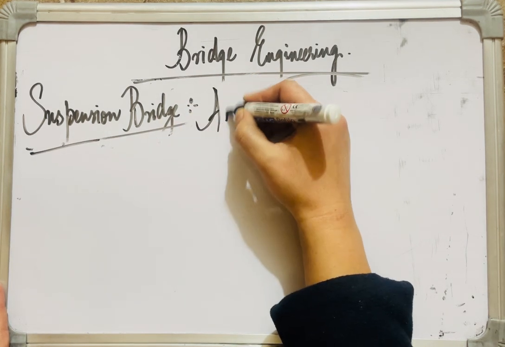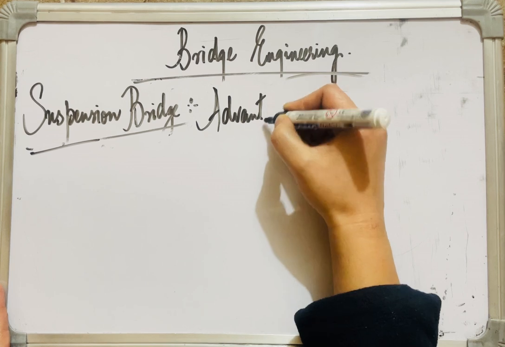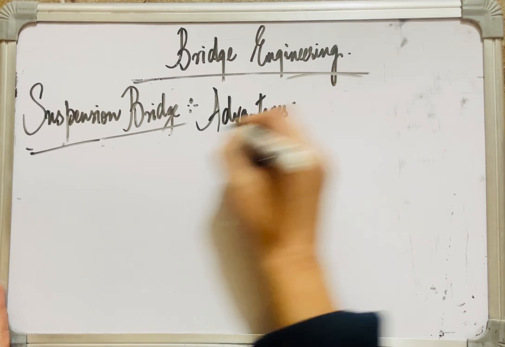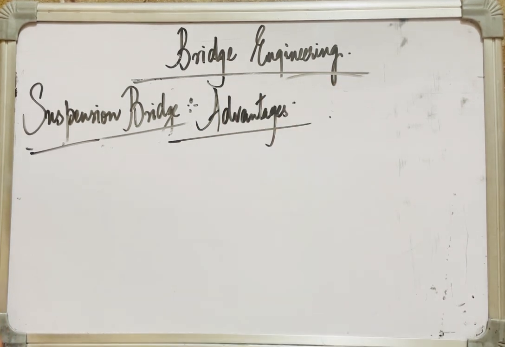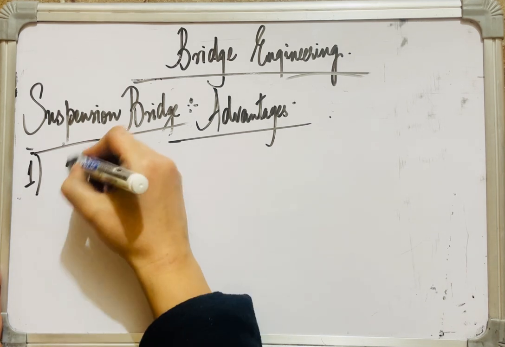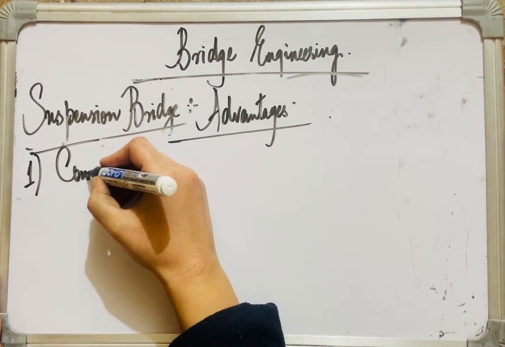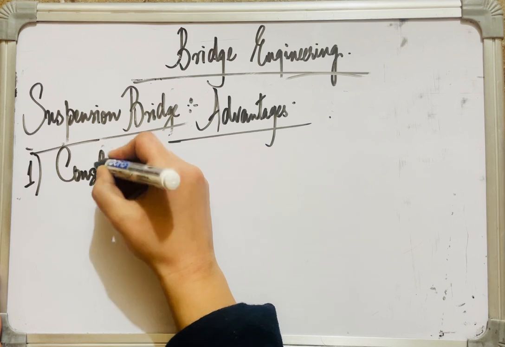All right, advantages. So you came to know how the load transferring mechanism is being carried out in the case of suspension bridges. All right, the first advantage of a suspension bridge is that the construction of piers in the bed of river is avoided. This makes it the best bridge for creating long spans with minimum piers. The first and foremost advantage of these suspension bridges is that the construction of piers, howsoever you may like to pronounce them,